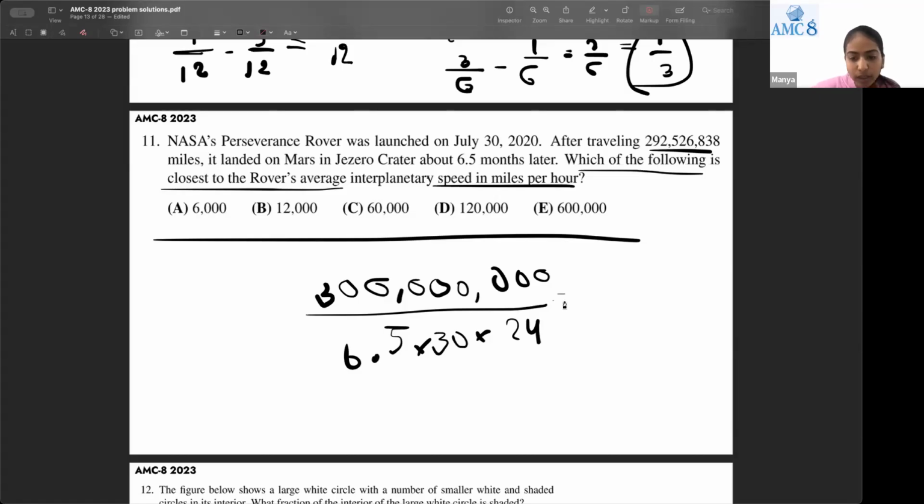And here, we can just start by canceling these out. So 30, 30 on the top. And then we're going to be getting 10 million over 6.5 times 24, and 6.5 times 24 is equal to 156, which is closest to 160. And then when we divide 10 million by 160, then we should be getting